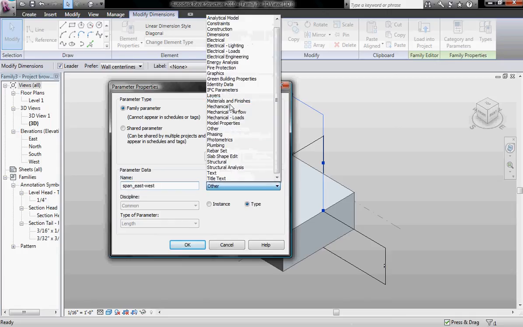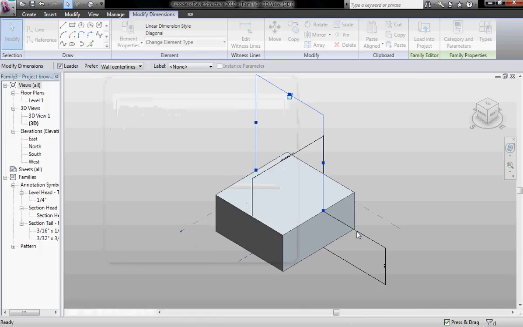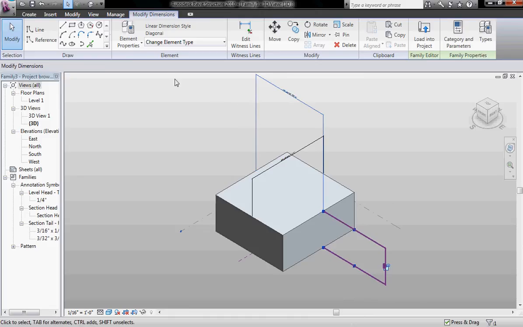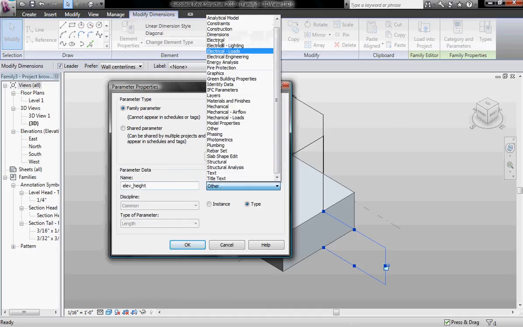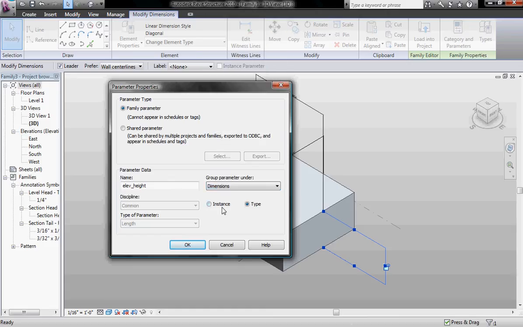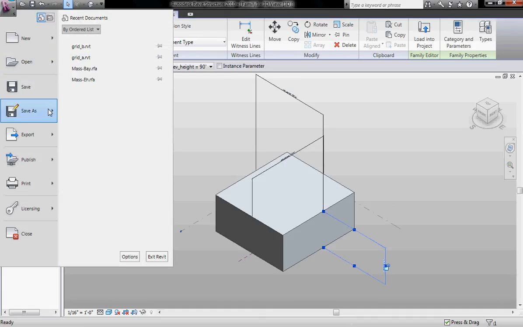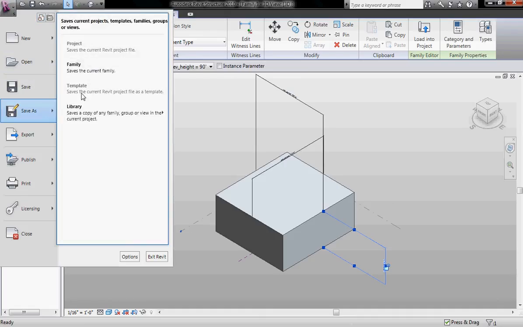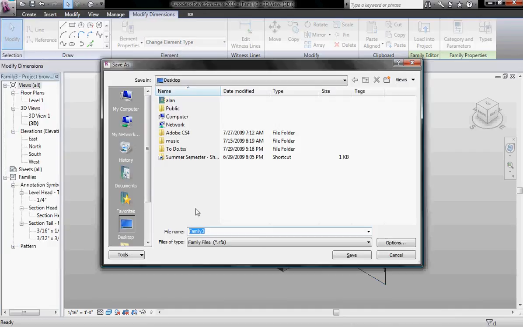east-west. It's also a dimension property, and it's going to be an instance, and we're going to make our elevation a type parameter so that we can have a few massings and control them. We'll call this elev height, to control multiple heights. Okay, so we're just going to go ahead and save this family, and we're going to bring it into